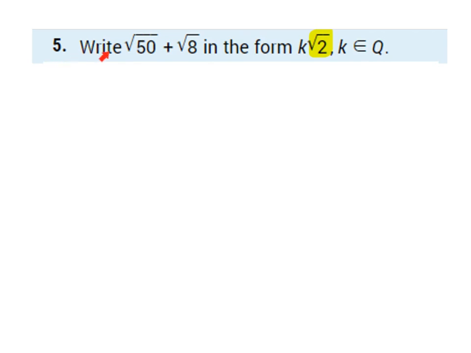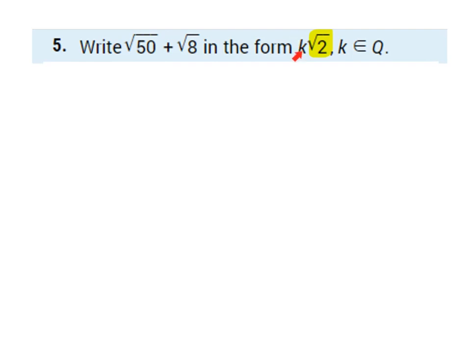Question 5. Write root 50 plus root 8 in the form of k root 2, where k is an element of the quotient set. So k, the number that's stuck in front of the root 2, can be a positive whole number, a negative whole number, or a fraction, or a decimal, or a ratio, or a percentage. But ultimately it will be a whole number, positive or negative, or a fraction, because we wouldn't be using decimals